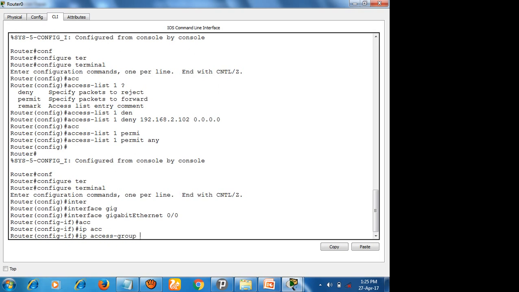So what is the ID number for our access list? 1, right? Actually you can create plenty of access lists on the router. In our example I'm doing only 1. Likewise 2, 3, 4, you can create any number of access lists on a particular router, right?